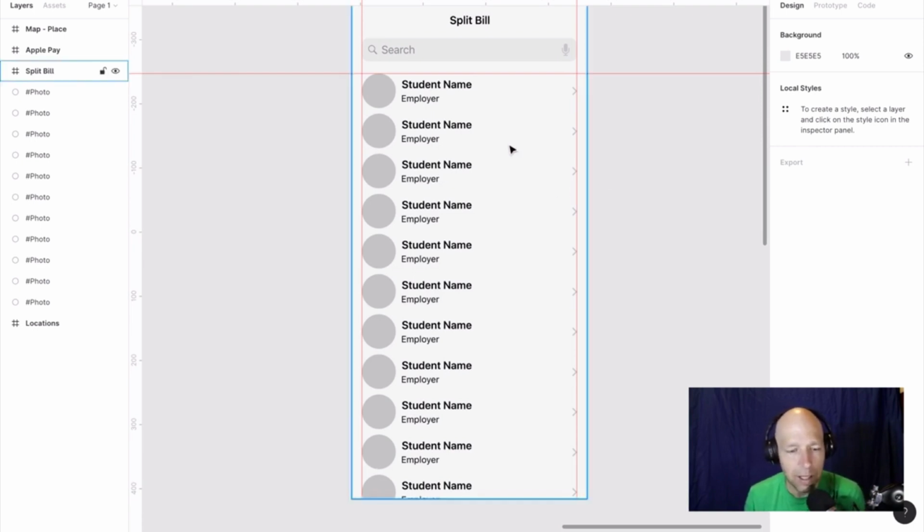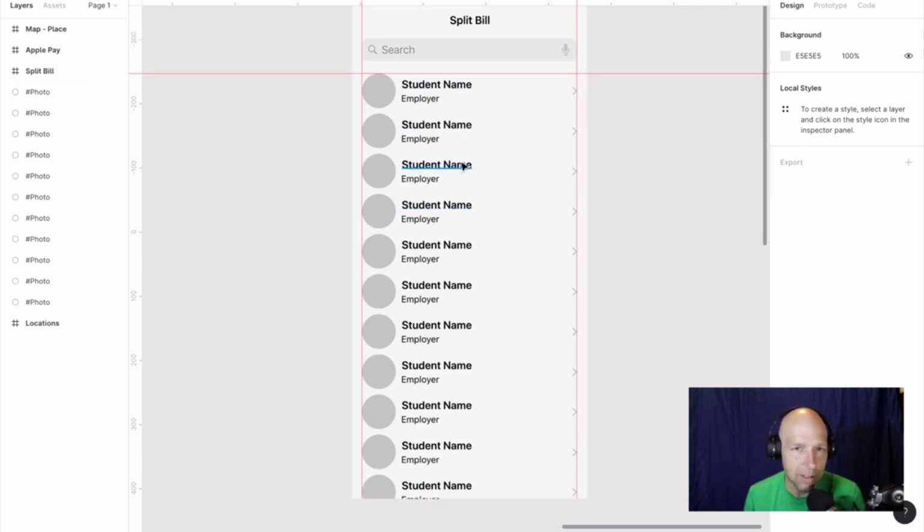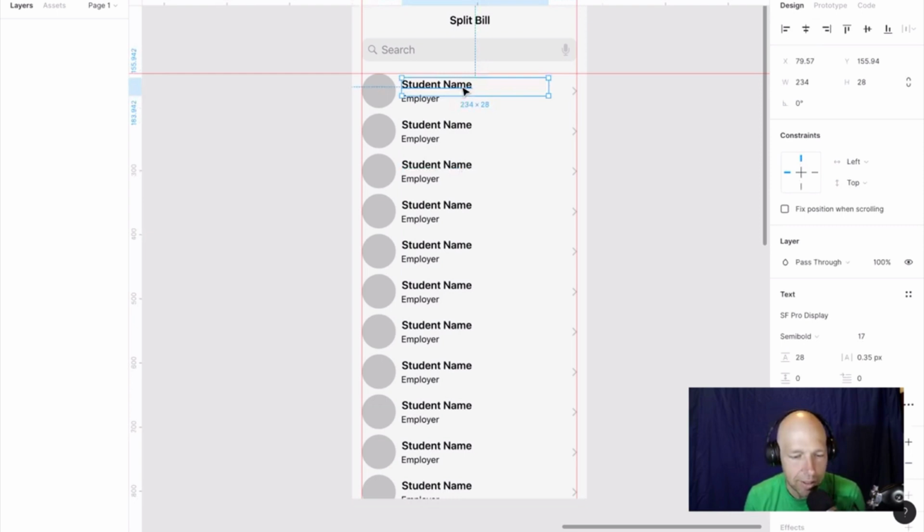A lot of times we end up just typing in the names of our friends and family members, and what we lack is an understanding of the real life size of people's names, or the names of bands, or the names of dishes. So often we design for really small spaces, and we write names or things that just fit in that space, and what we really need is legit information. This is where something like